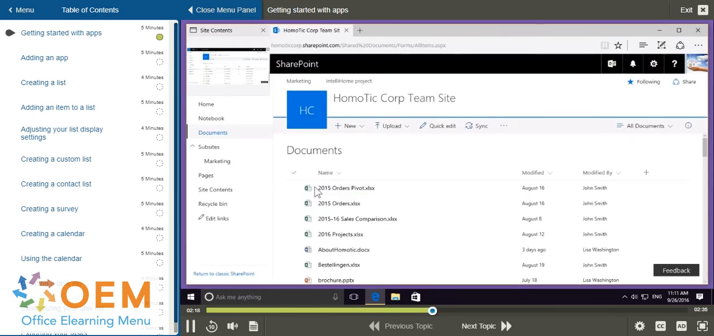Once I open the application, I'll get the list of all the documents if this is a library. For example, this is my documents library shared with my team site. I can see who has last modified the item, the date it was modified, as well as the name of the item. I can even see the type of the item on the left-hand side, so I can see this is an Excel document. And if I go down, I can see that I have Word documents as well as